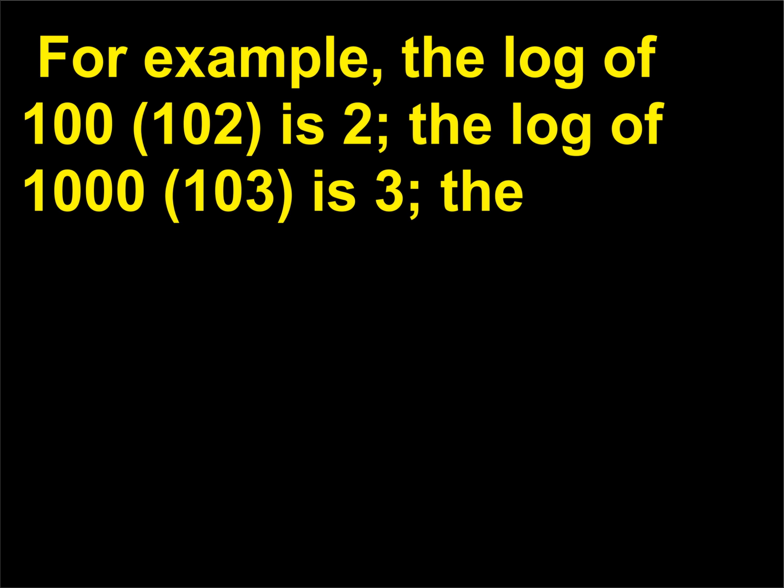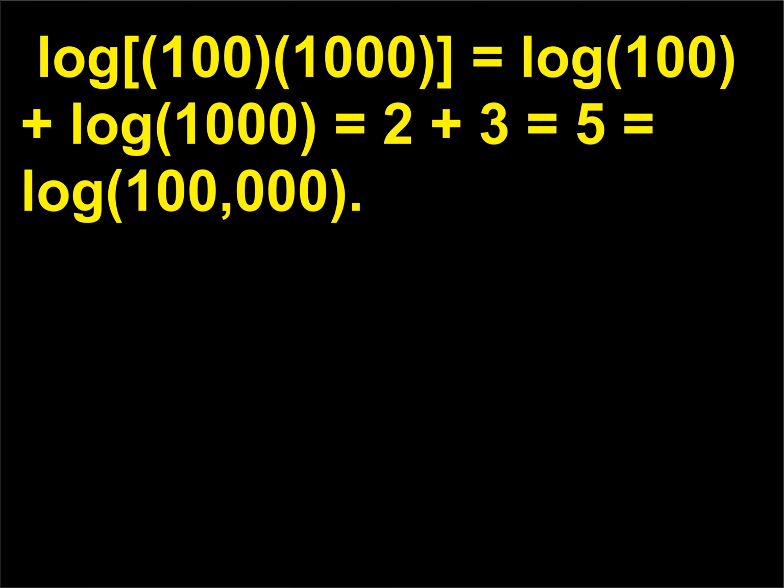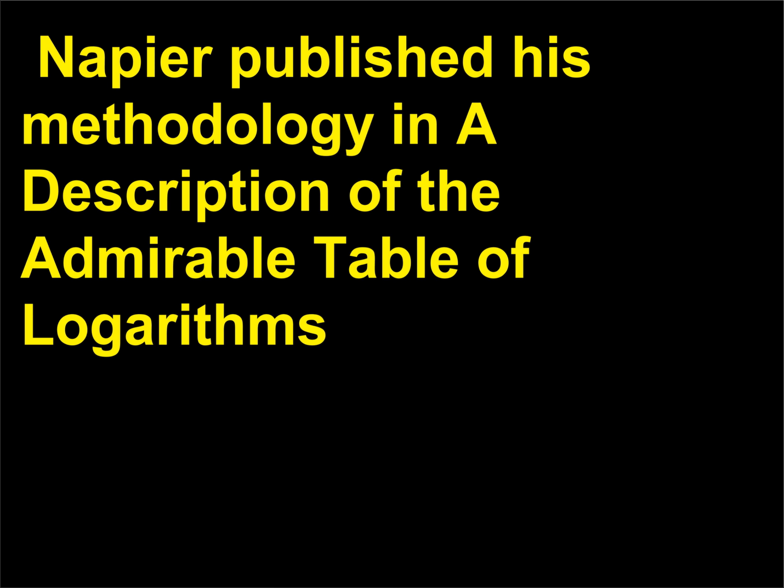For example, the log of 100, 10^2, is 2, the log of 1000, 10^3, is 3. The multiplication of 100 by 1000, 100 x 1000 equals 100,000, can be accomplished by adding their logs. Log of 100 times 1000 equals log 100 plus log 1000 equals 2 plus 3 equals 5 equals log 100,000. Napier published his methodology in a description of the admirable table of logarithms